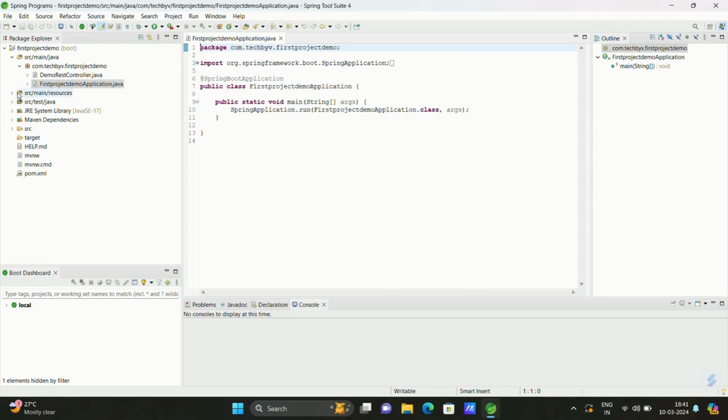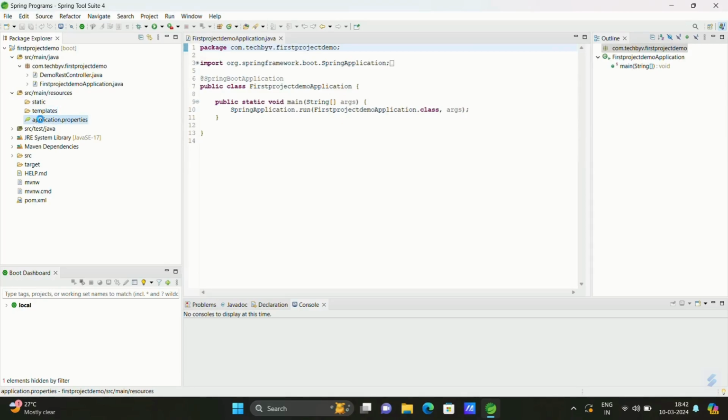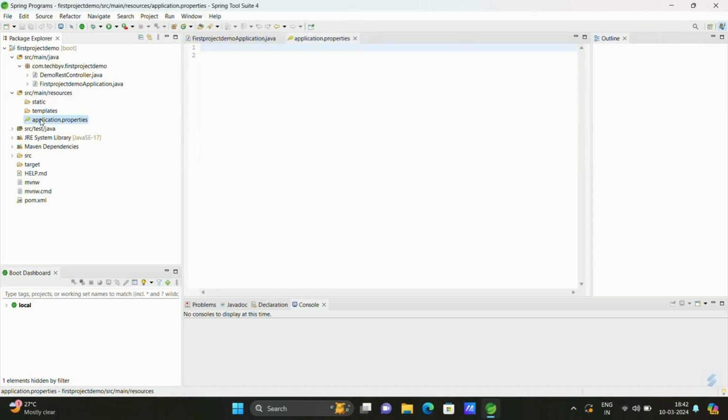And we have our resources directory. In there we have static, templates and application.properties. The static folder is used for web static content like CSS, JS, etc. And the templates folder is a place where you can put all the Thymeleaf templates. Thymeleaf is mostly used to generate HTML views for the web, and we'll get to know about them while practicing in the coming videos. And application.properties, here we can change our port number, database connectivity and all of that.